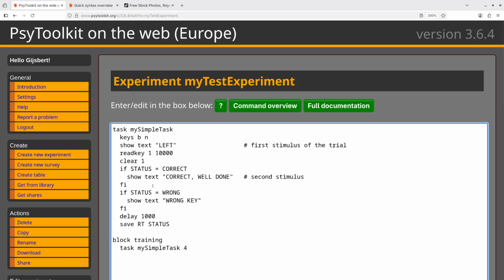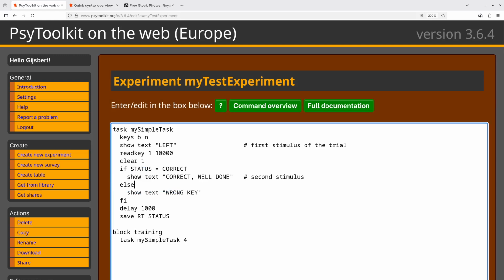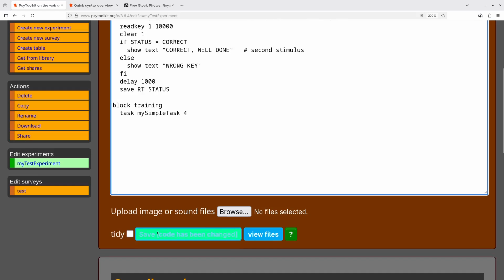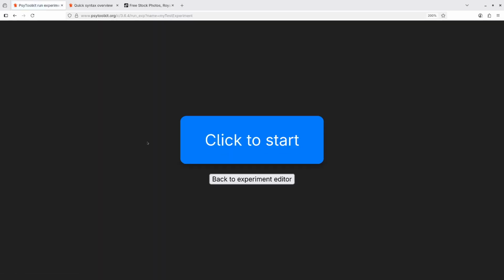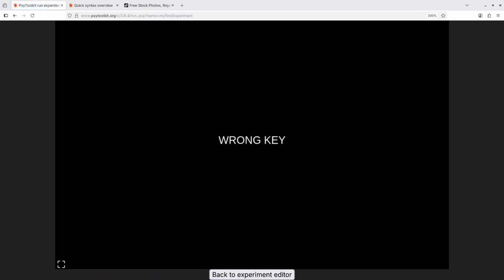One thing that you could have said, well, if the status is correct, why not instead remove these lines? You could say if status is correct, show text correct, well done. Else, so it means basically otherwise, if it's not correct, then show the text wrong key. Does this work the same? Yes. See, compile works fine, and I run it, and then if I do this, I press the end key,